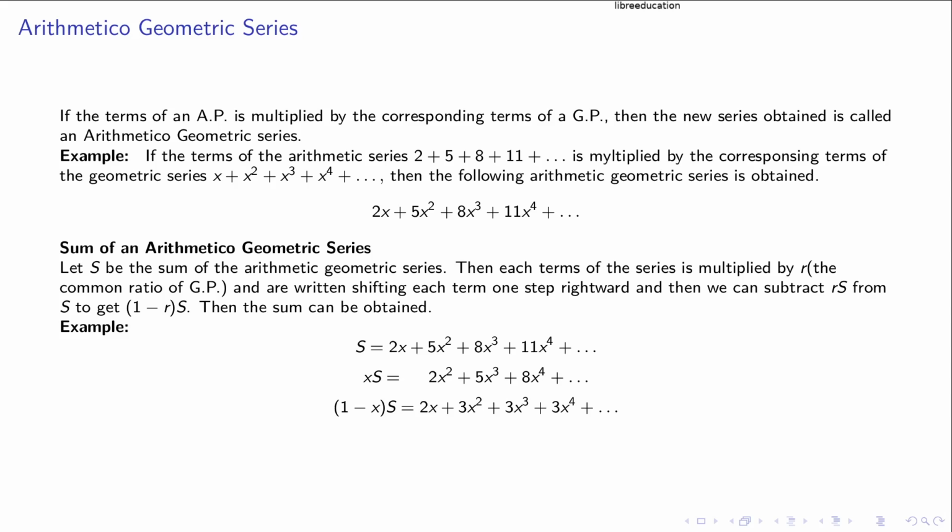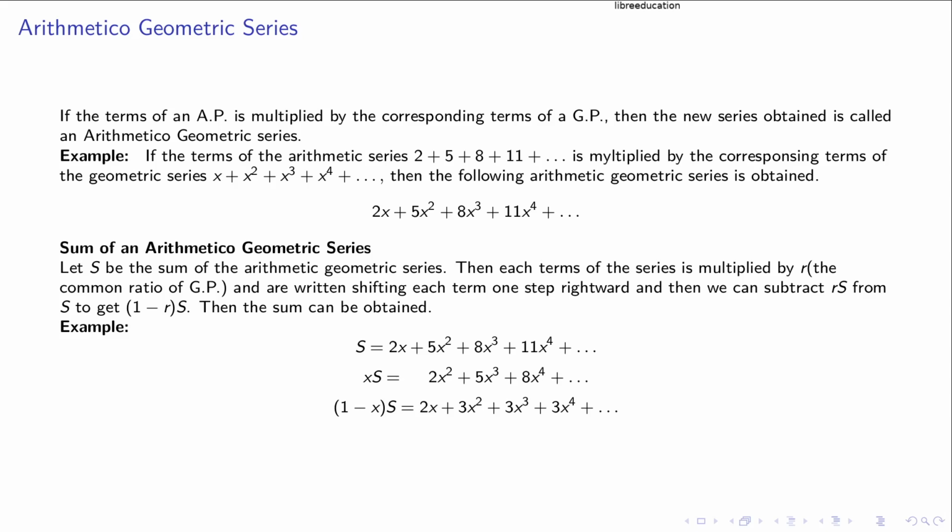So you first write the value of S, then you take the common ratio of the GP and multiply S with it. In this case, that is x. And then you shift that by one term and rewrite it. So the x square term will be below x square, so it becomes 2x square below 5x square, 5x cube below 8x cube, and 8x to the power 4 below 11x to the power 4. When you subtract, you will